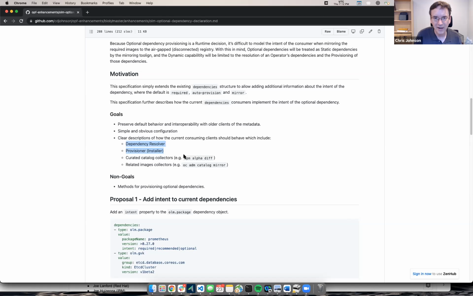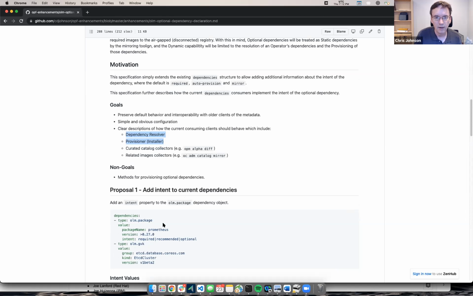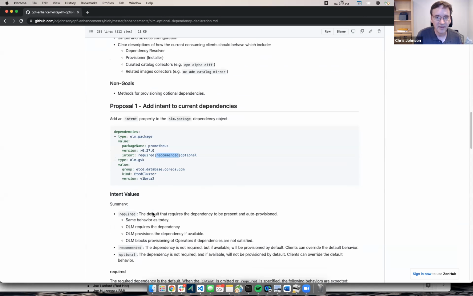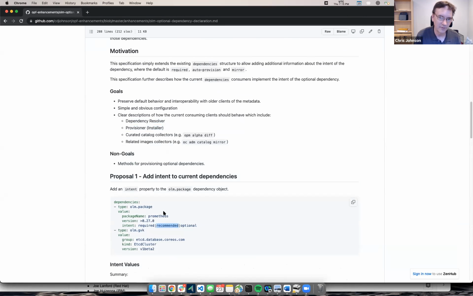So I wanted to separate out the two different categories of catalogs to allow the old behavior to still work. Today we describe a lot of these dependencies, and by enabling this feature and having the dependency resolver all of a sudden understand what recommended means, it would be okay. It would just stop provisioning those things. We should be fine. But then the other side of it is, well, no, we do have situations already where we're not declaring dependencies at all on some of these other